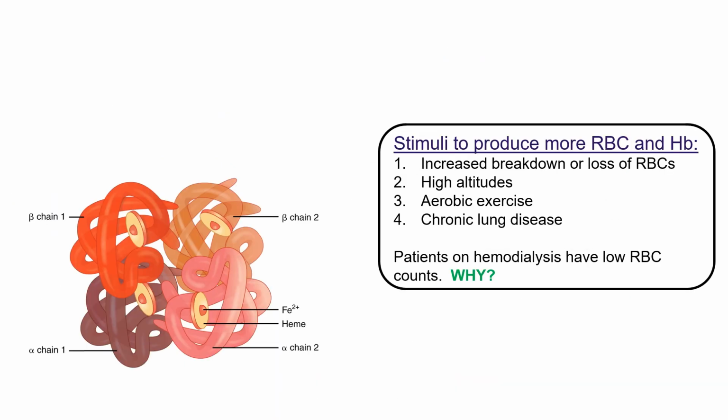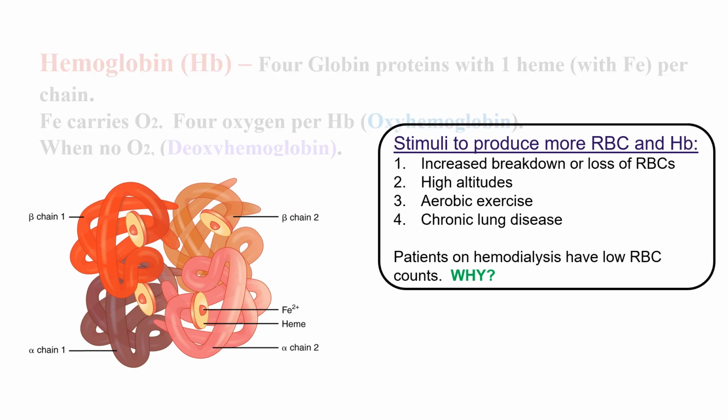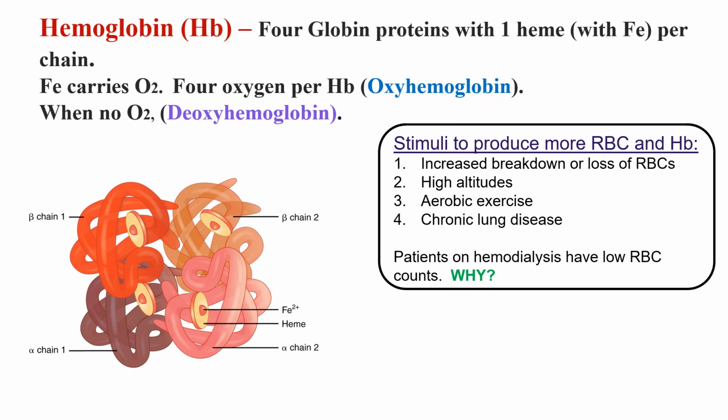The protein hemoglobin is the protein that's found in great abundance inside red blood cells. It is a 4-protein complex, 2 alphas and 2 betas, and each of those 4 proteins handles a heme group, which is a carbon ring structure that cages an iron, and the iron reactivity is what solubilizes oxygen. So there's 4 oxygen per hemoglobin when it is fully bound. We call that oxyhemoglobin. If we're lacking oxygen, we call that